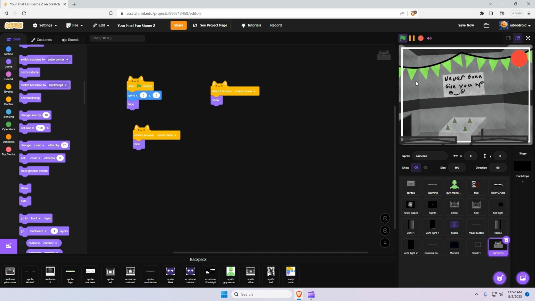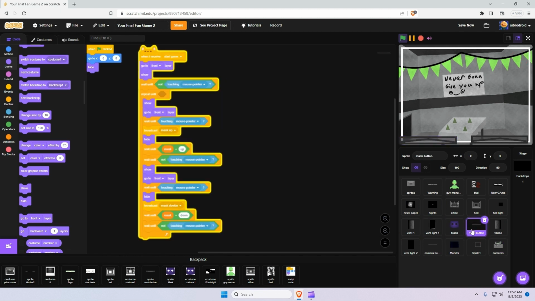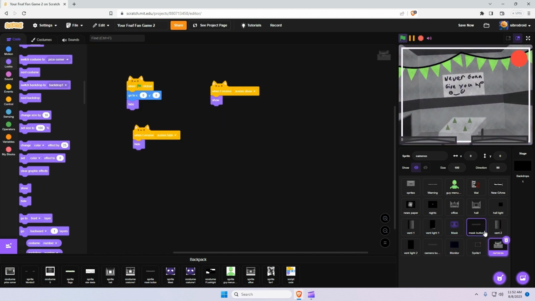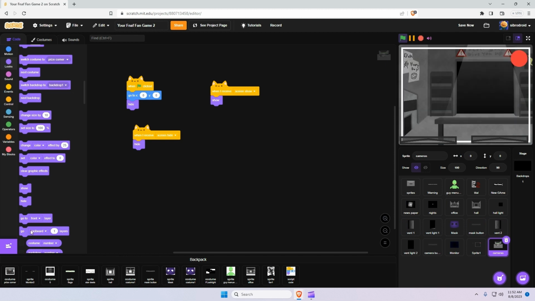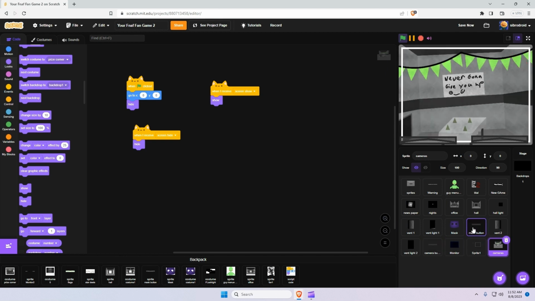Oh, our mask button is still showing up in the cameras. We want to fix that. Make the mask button just go backward. Oh shoot. Make the mask button just